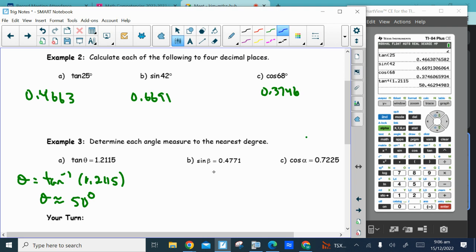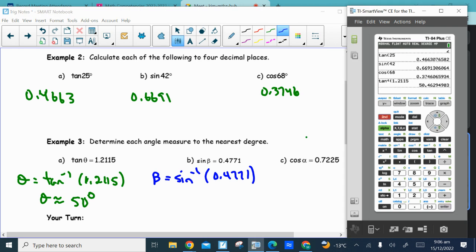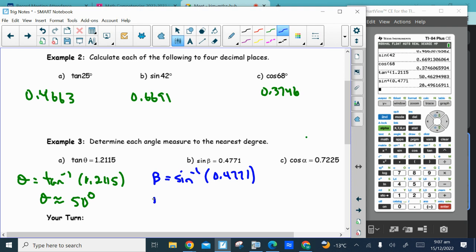So question B, if the sine of beta, that's just a Greek letter, is 0.4771, and we want to find out what angle beta is, we can find that by going sine to the -1 of 0.4771. Second function sine of 0.4771. So to the nearest degree, that would be 28 degrees. That's the angle, such that the ratio of the opposite over the hypotenuse will be